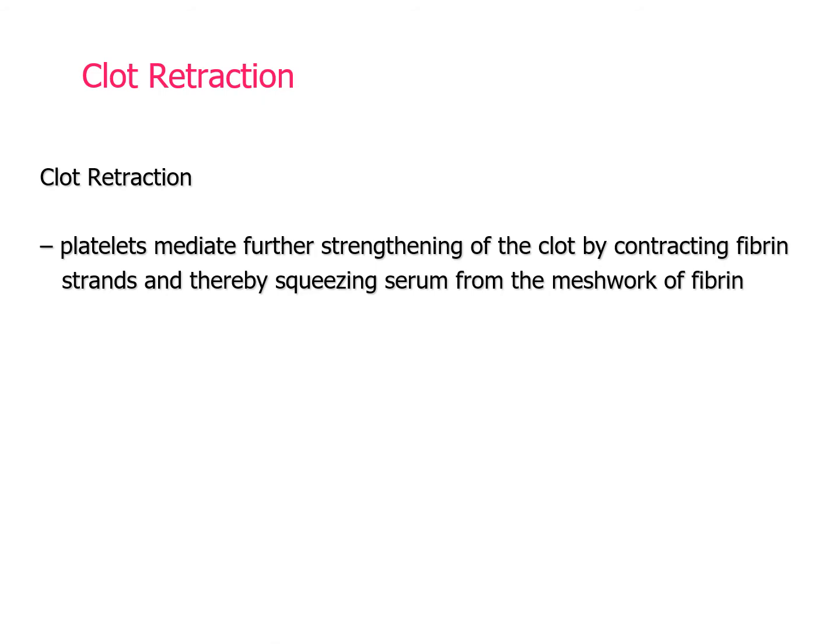Now, there's a process that occurs that's quite important after a clot forms. It's called clot retraction. The fibrin strands will contract and squeeze the serum from the meshwork of fibrin, and you'll get a much tougher clot forming at the site. If you take a blood sample, you can see clot retraction happening very easily